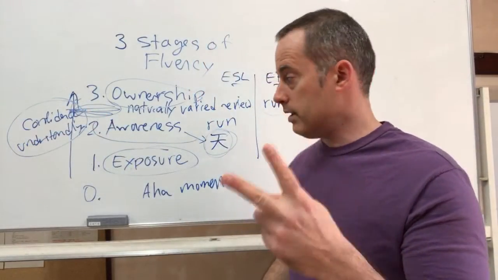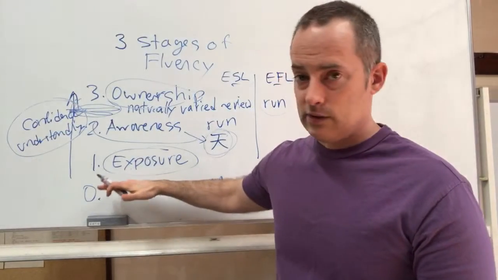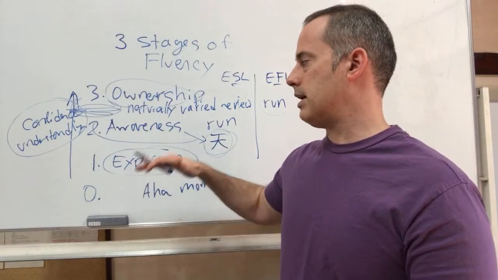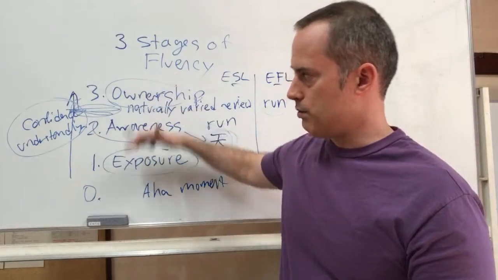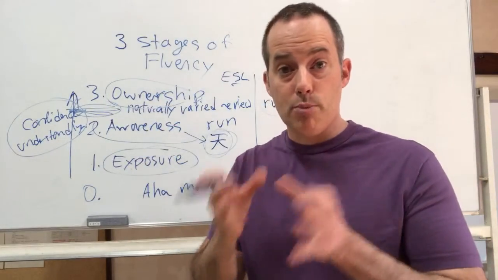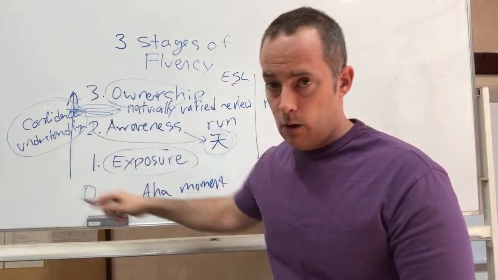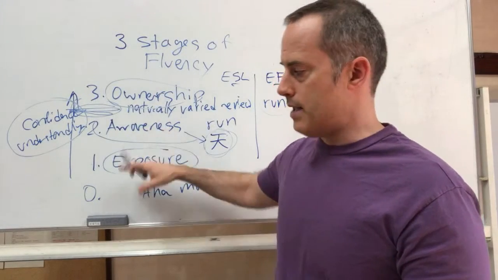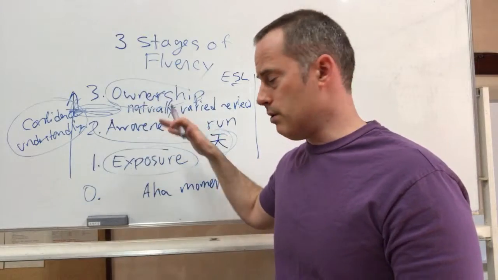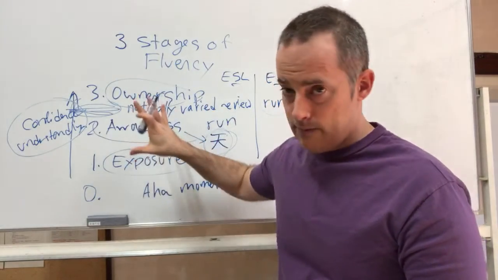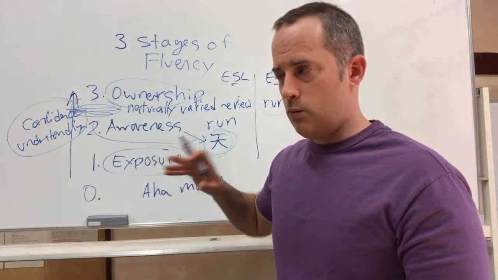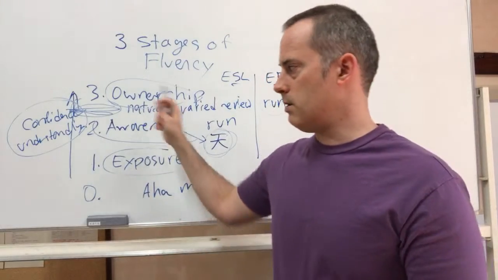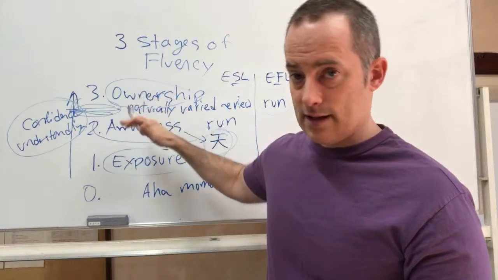The next thing, which is very, very important, is that this is something that develops word by word. As you improve your understanding or your confidence by going through these 3 steps, these are things that you do word by word. So you don't get fluent in the whole language, you get fluent in individual words and phrases as you're learning. When people think about getting fluent in English, what they really mean is that they're getting fluent in some words and phrases.